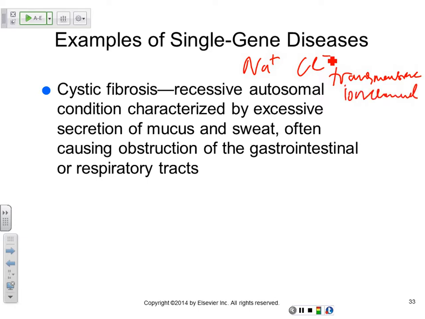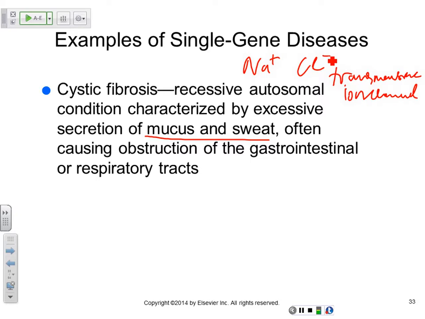So the gene for that protein, which occurs across the cell membrane, will result in that condition. Later on we'll be talking about gene replacement therapy and gene augmentation to treat some of these conditions. But first we'll go through all the conditions, and I'll need you to know the protein that is a problem for these single gene diseases, what the function of that protein is, and how that condition comes about. And then the treatment, which we'll talk about at the end.